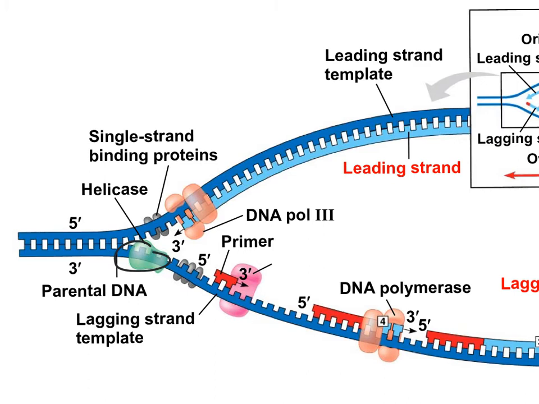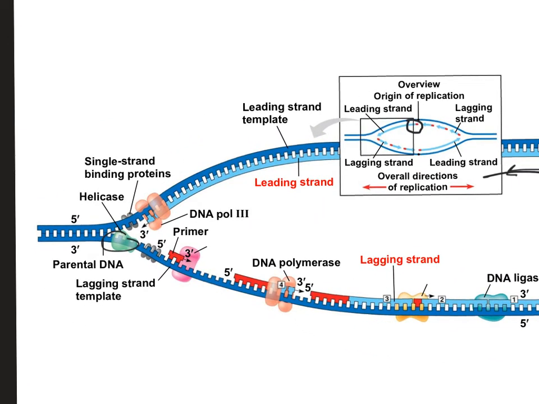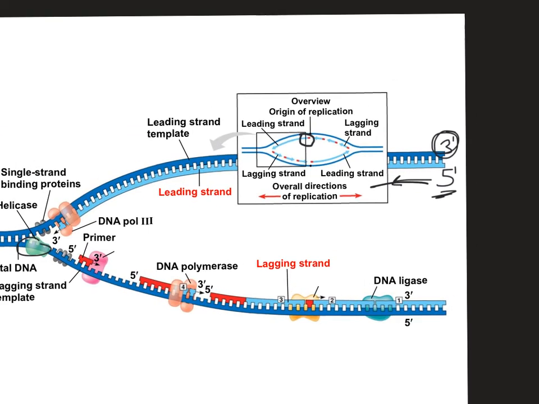So leading strand, it's continuous. I form one long piece of DNA, and this is my whole new strand, ready and raring to go, so that I can go into mitosis. On the other strand, it's a little bit more complicated, because DNA can only be built from